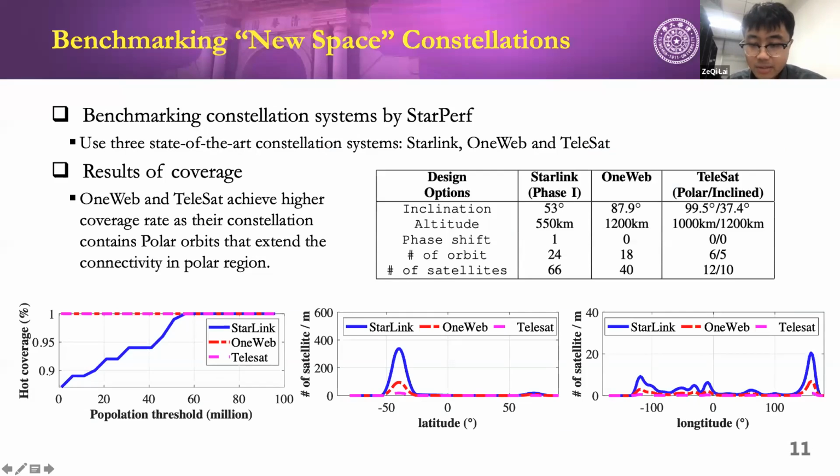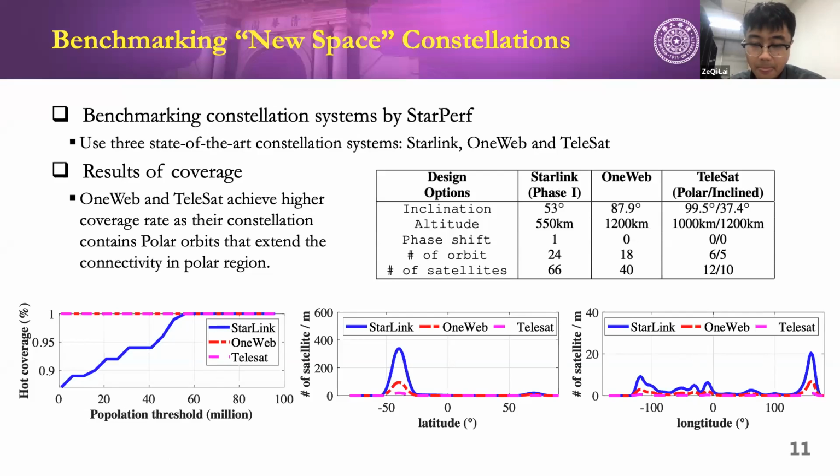This figure depicts the hot coverage rate of different constellations aggregated by latitude and longitude, respectively. The global population distribution is extracted from the Gridded Population of the World, version 4. All 3 constellations can cover large population centers, for example, the population which is larger than